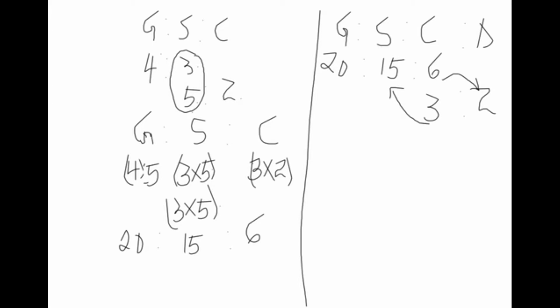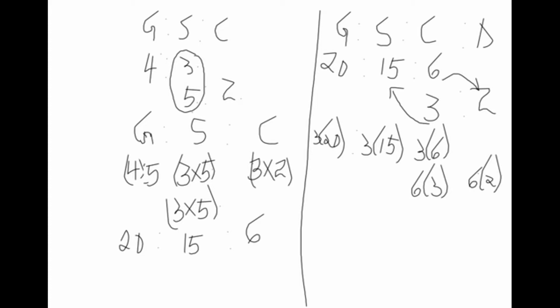So here we have 3 into 20 to 3 into 15. Then we have 3 into 6 into 6. For the lower ones, we have 6 into 3, and then we have 6